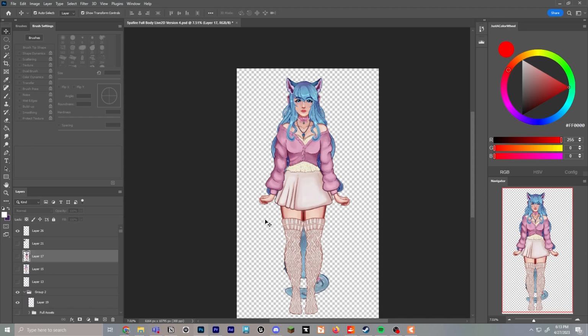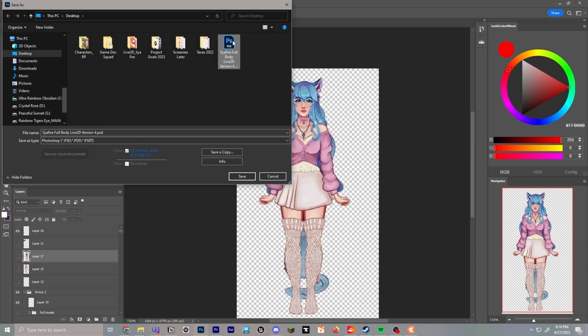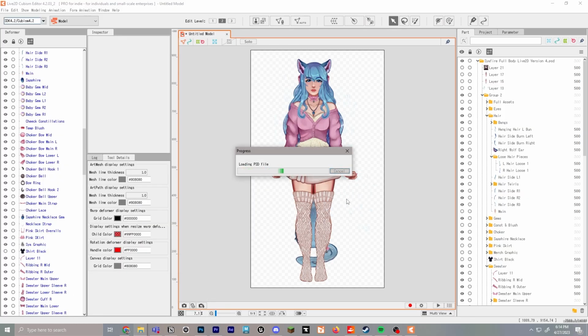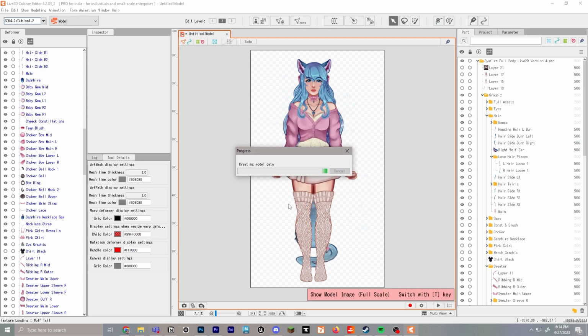Now, if you want to add an accessory to your model, we'll go to File, Save As, and you'll save on top of the same PSD that you used to originally drag in to Live 2D Cubism. So you'll save that, and then when you're ready to replace it, you'll go ahead and click and drag and do the same thing. And Live 2D Cubism will ask you where you want to put the PSD. Again, we're going to select our current model and we'll select Replace. And it should replace the new pieces and update the current file, and you shouldn't lose any of your progress that you've already worked on. So we'll go ahead and click OK.